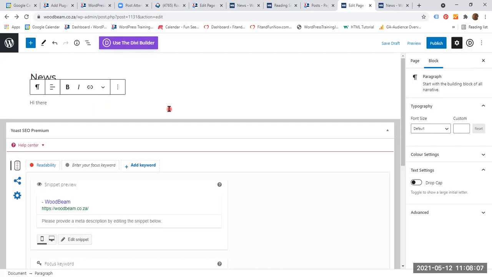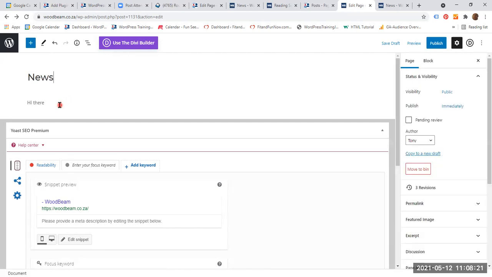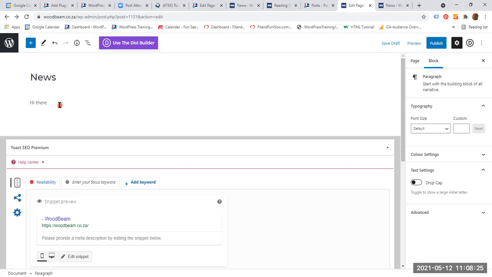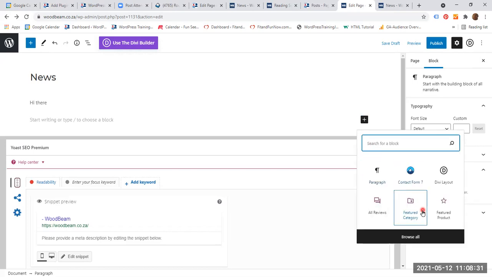Now, for you to appreciate the number of features that the Gutenberg block editor has these days, as I mentioned early on, if you'd like to create a new block, you press enter. By default, you are on the paragraph block, or you click on the plus sign, and it gives you the six most used